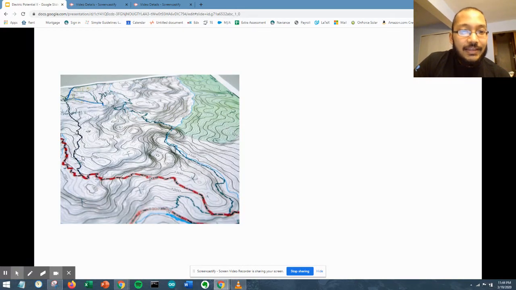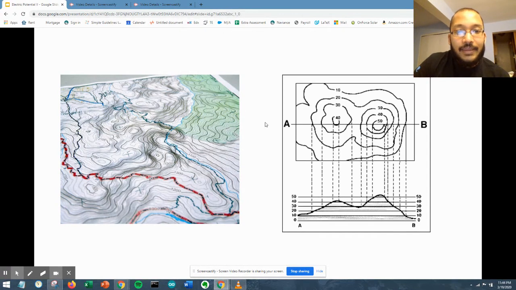It's this. Think of this as a landscape. A topographic map with all these lines takes the elevation, and each elevation corresponds to a line on this topographic map. So right here you see 20, 30, 40. Every point on this landscape that is at a height of 20 is traced out by this line. Every point on the landscape that's at a height of 50 is traced out by this line, by 40 by